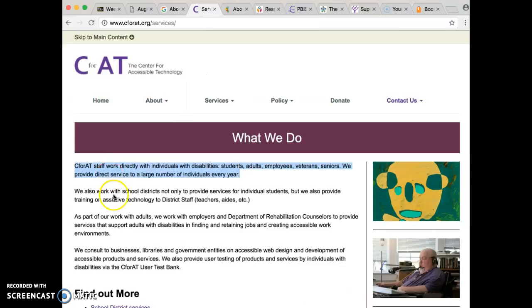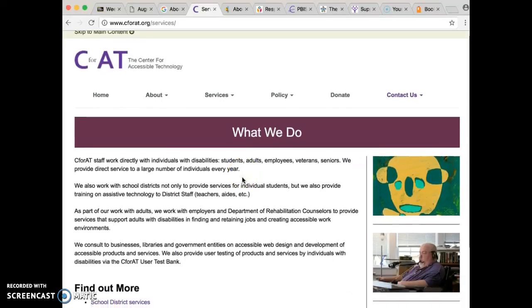Then we have the Center for Accessible Technology, and this is in Berkeley. They are a nonprofit who works with school districts, who works with families, students, seniors, everyone, to try to help them, support them in getting access to different technologies. So just to kind of go to their services, let's just scroll down here.